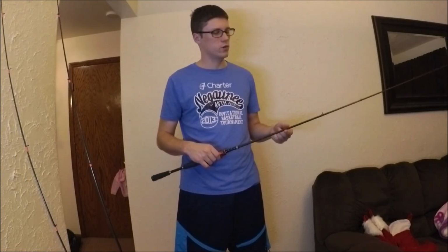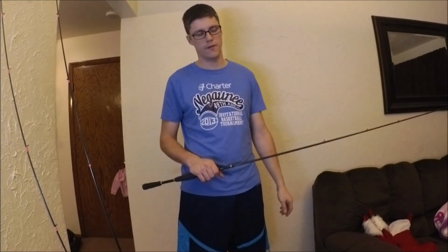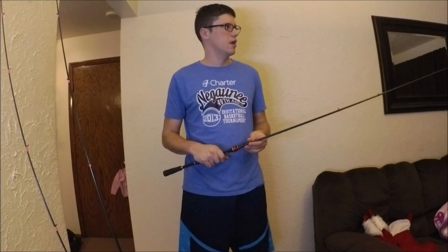This one I got kind of hosed on, but it actually helped me out a lot because it gave me the backbone I needed to horse a lot of fish. It wasn't as light or limber as I thought it was going to be, but it worked out pretty good. But just make sure that the lures you're using fall in the middle of that rod's category. It doesn't have to be smack dab in the middle, but you don't want to use a rod to one end or the other. If anything, if you can slightly overload a BFS rod,